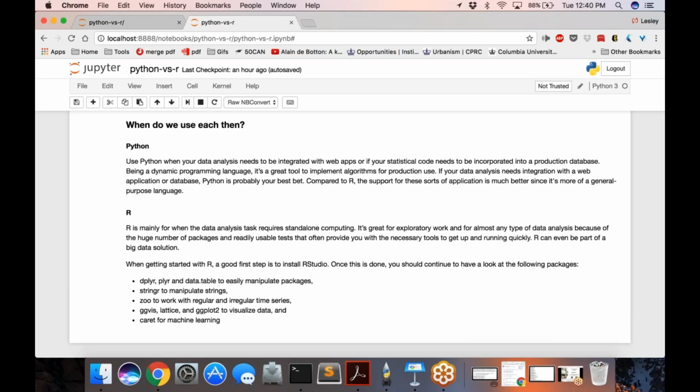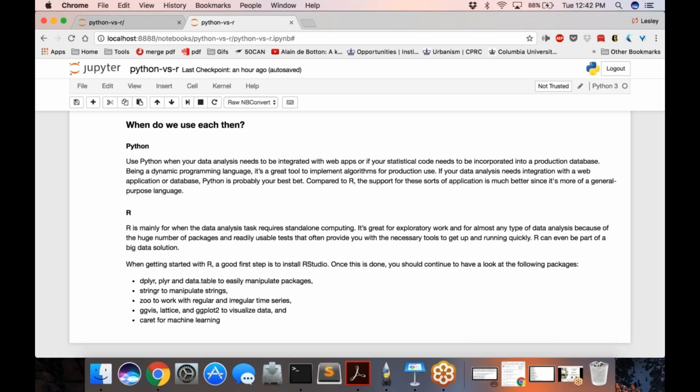So with that said, a first good step for learning either of these languages is to install the software if you haven't already. For R, I definitely recommend downloading R and RStudio. For Python, Python and pip are definitely steps. And then for both, I would use Jupyter Notebook.